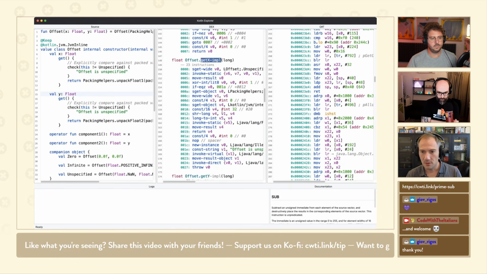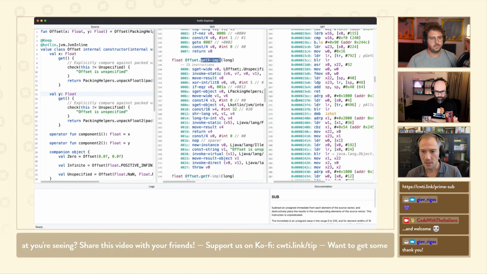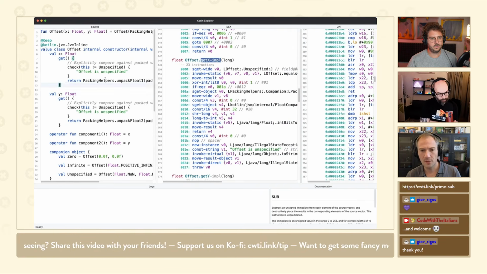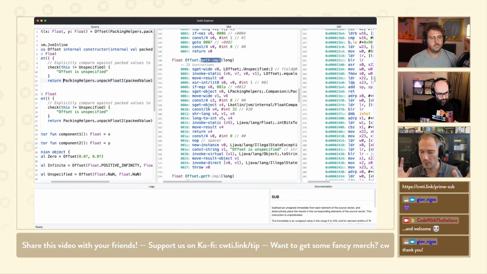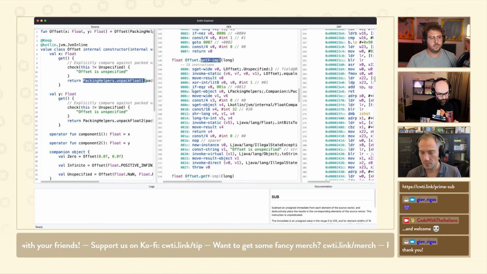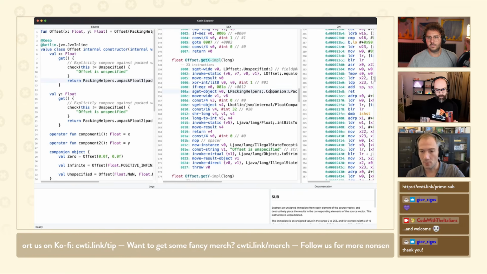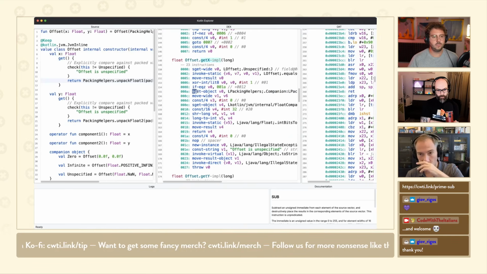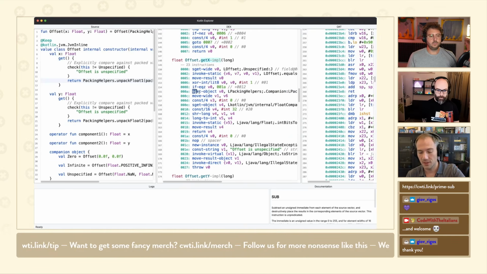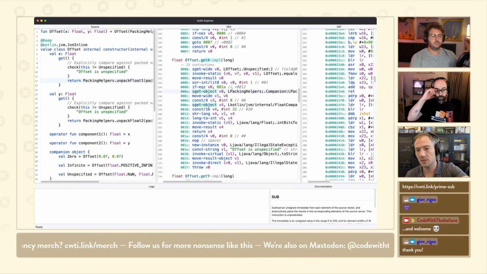So if we look at the code without arith, you can see that we're calling this method unpack float on this companion object, right? Because we want to have a static function. So it has to load an object, because companion objects in Kotlin are an instance of myClass.companion. And the problem is when you load a static object, that means that you have to ensure that the class has been statically initialized. So there are checks inserted in the ARM assembly code to guarantee that the class has been initialized.